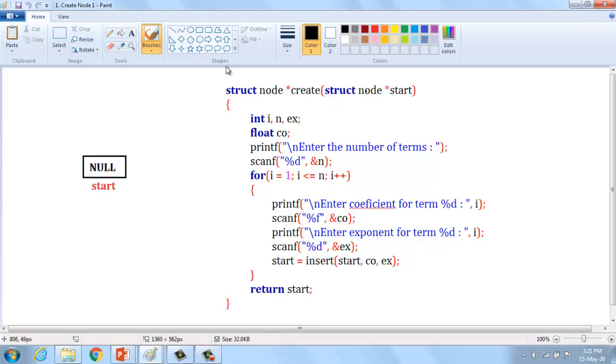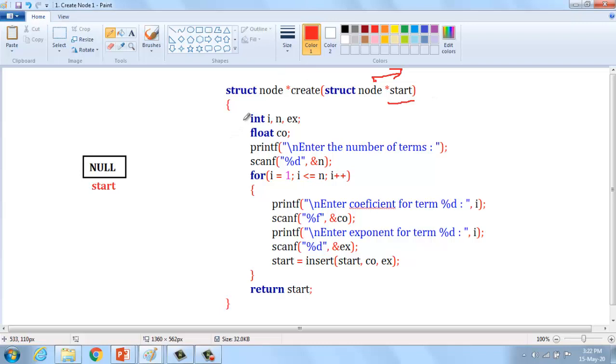Inside that we define a single parameter. In the previous program we considered it as head: struct node star head equal null. The same thing we pass as a single parameter, which we call start. In the previous program the head pointer equal to null; like that, start acts as the initial pointer.